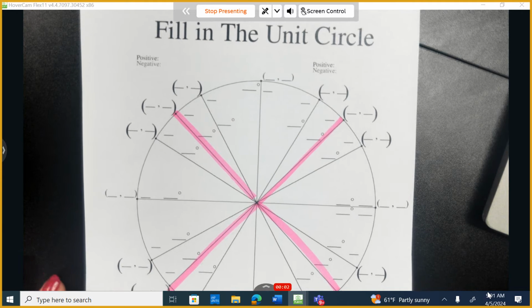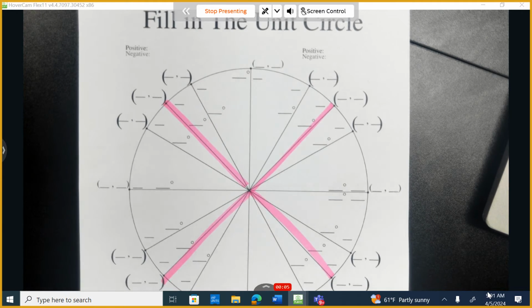All right, so we're going to start off by reviewing what we went over yesterday. Please no talking. Take out your unit circle from yesterday. If you were gone yesterday, you can come up to my desk and grab a new one. If you were gone, in fact, I'll put them right over here. If you were here yesterday, you're just going to use the exact same unit circle, and we're going to add